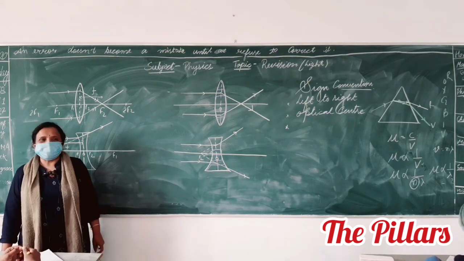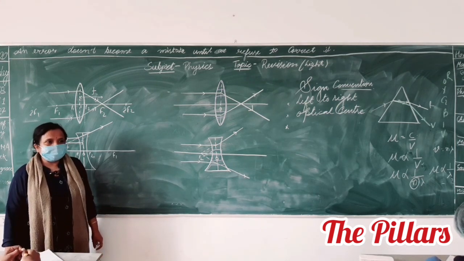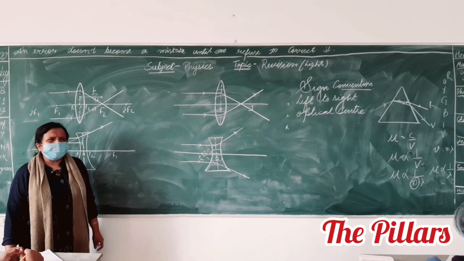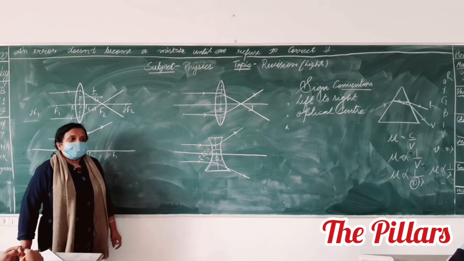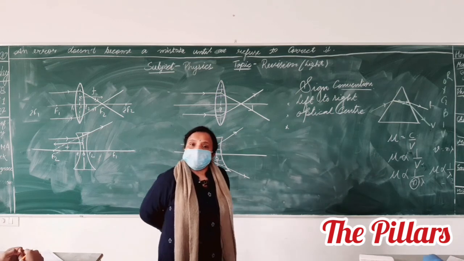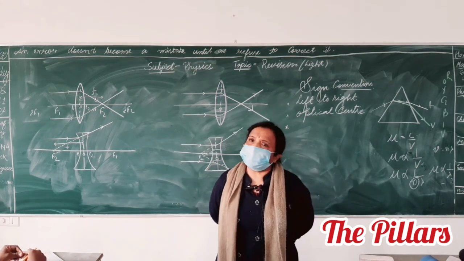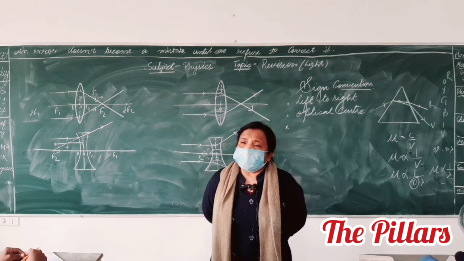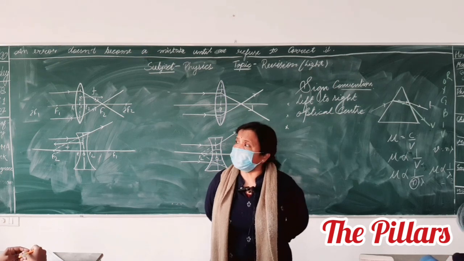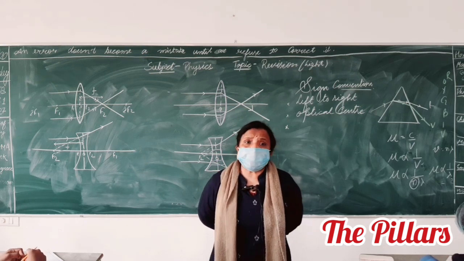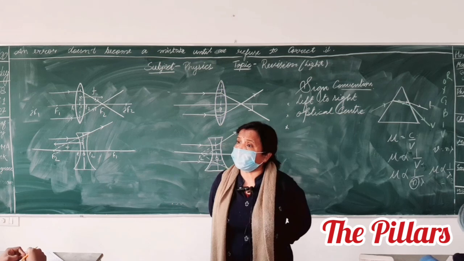It is the point on the principal axis inside the lens through which the reflected ray after reflecting meets. An optical center, it can be outside also. Ma'am, it will always. I really wonder you need to learn this. And if I am asking you, you cannot give me an answer in one sentence properly.